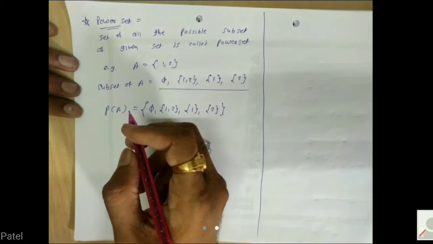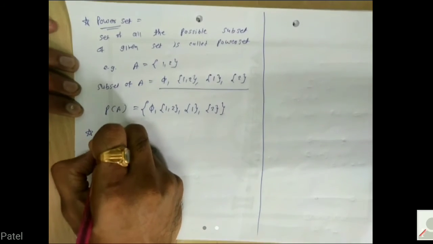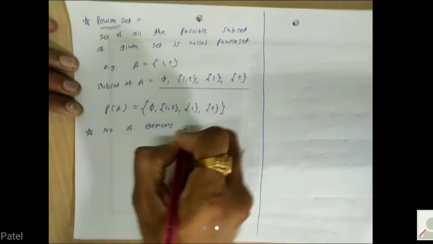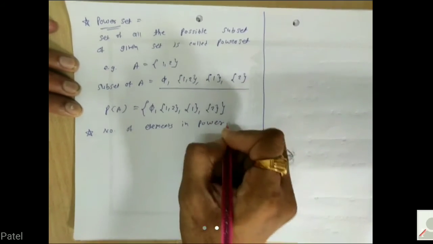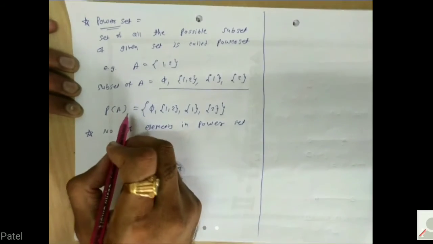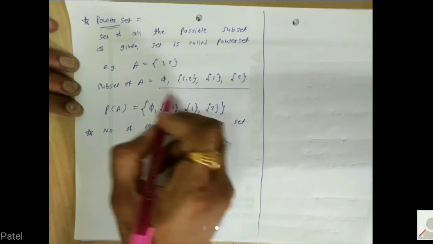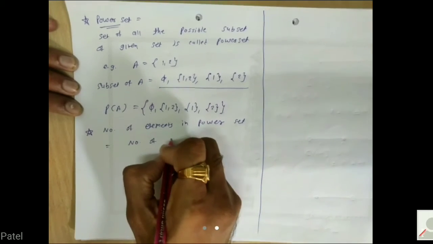Done. Next one is number of elements in power set. So in total, how many elements are there in a power set? The number of elements in a power set is equal to the number of possible subsets, which is equal to the number of all possible subsets